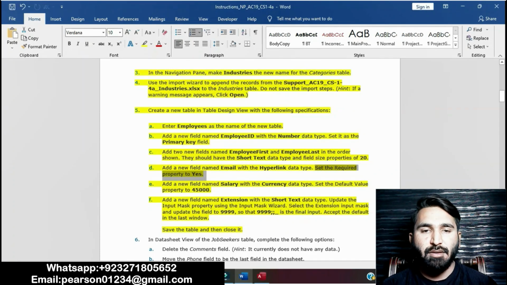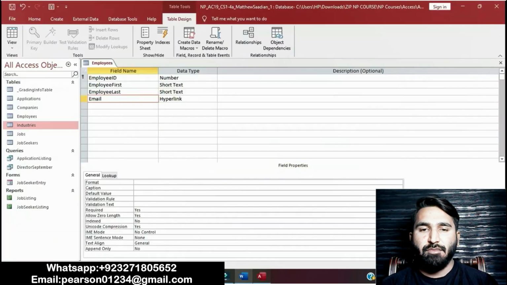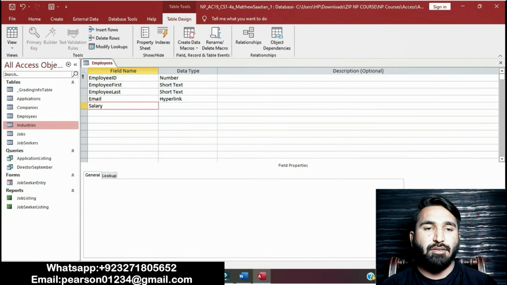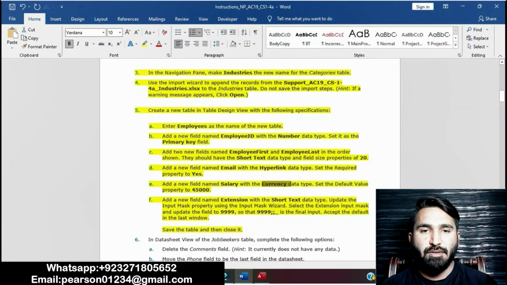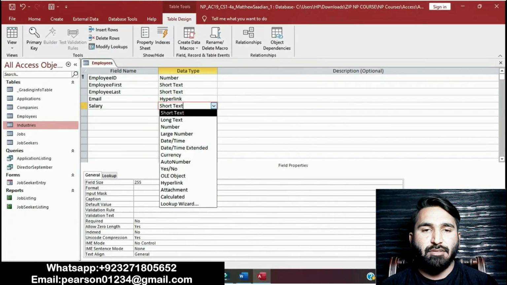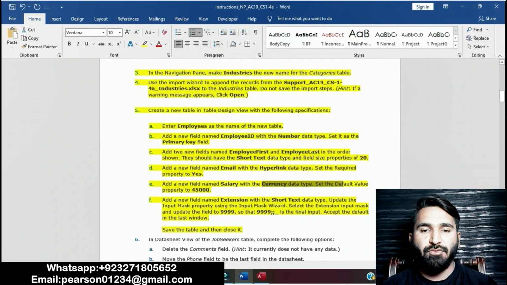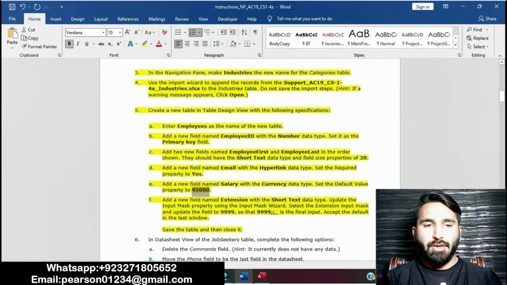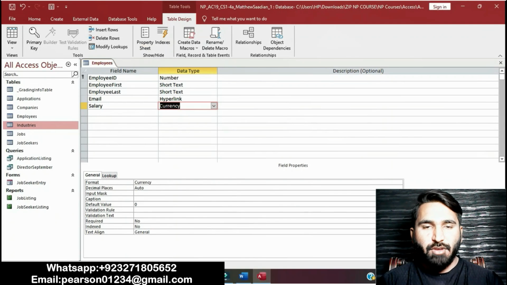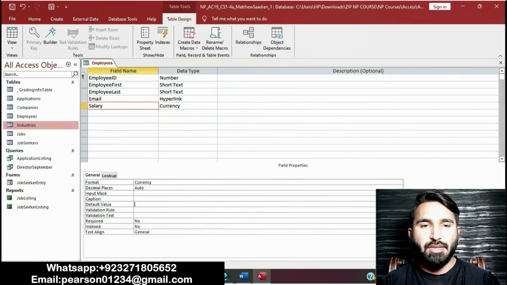Moving on to point E. Add a new field named salary with the currency data type. Set the default value property to 45,000. Add a new field named salary, and the data type is currency, and then the default value is 45,000.